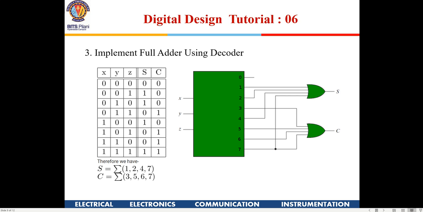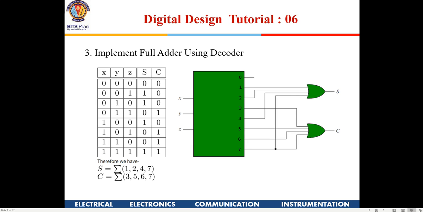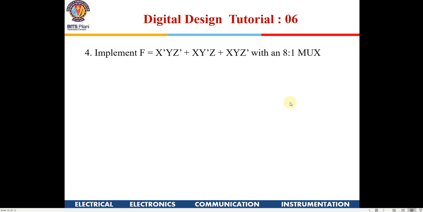Sir, could you show the previous slide? Yeah, this. Yes, sir. So in this one, shouldn't the second one be A dash B? No, they have taken A as MSB here. That is why. Okay, sir, fine. Okay. Now